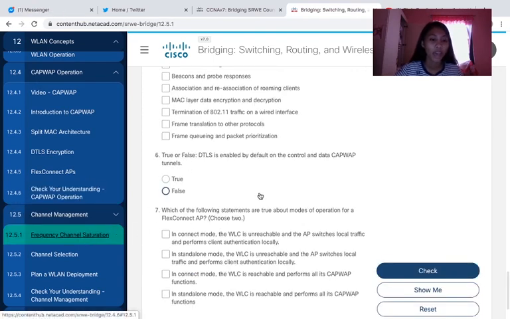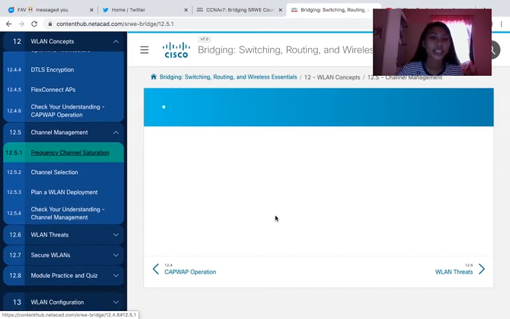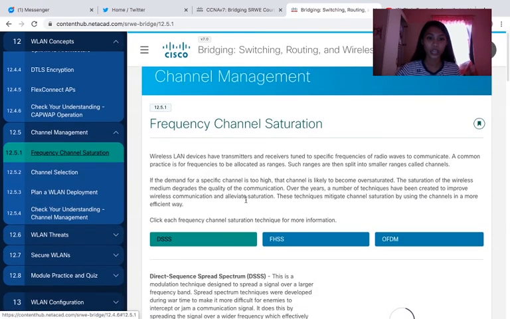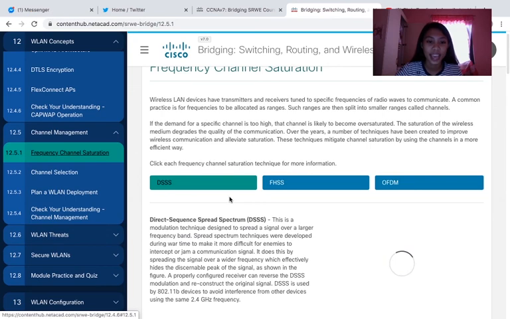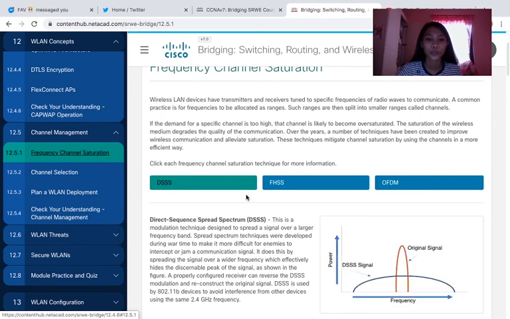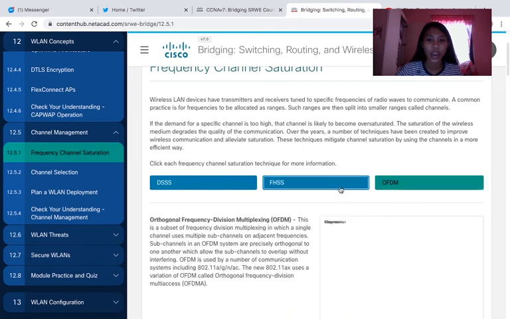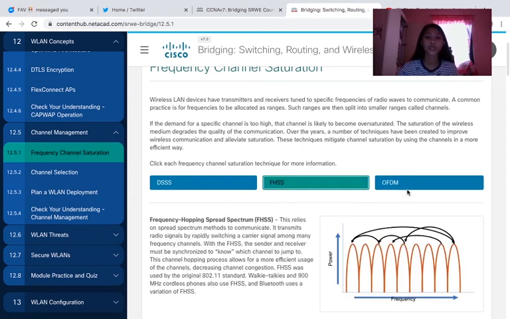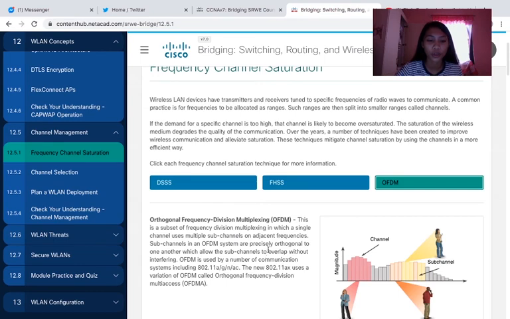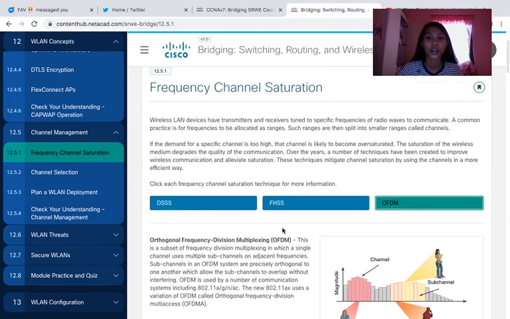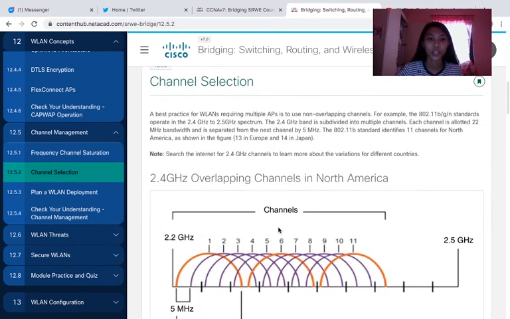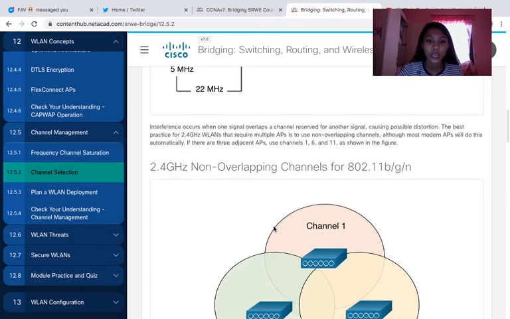Under that, we have frequency channel saturation. We have DSSS, direct sequence spread spectrum, FHSS, frequency hopping spread spectrum, and orthogonal frequency division multiplexing, or OFDM. Channel selection,